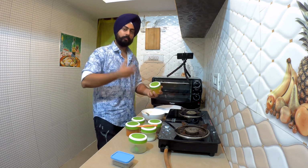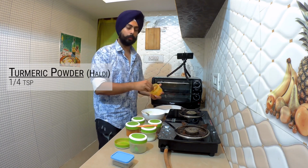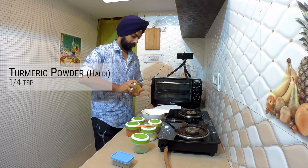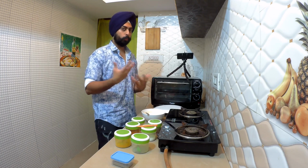Then to give a nice yellow color to our pancake, we will use turmeric. A little more than 1/4 of a teaspoon of turmeric in. Now this chilla looks really bland if you don't put turmeric in, so the turmeric gives a really nice and